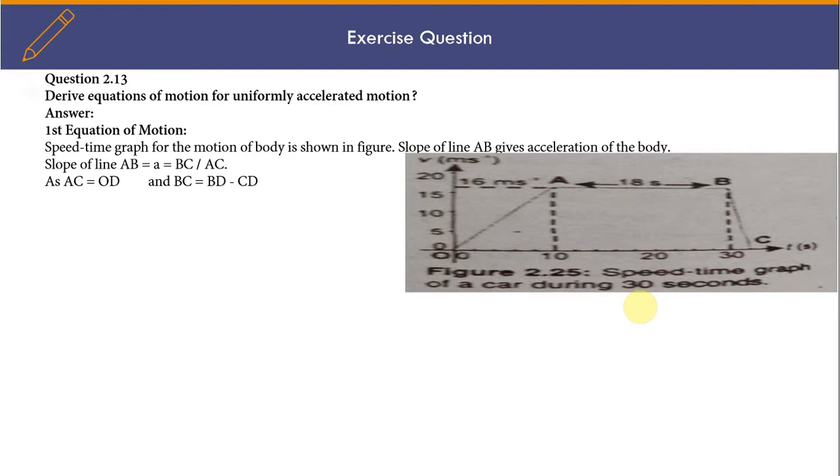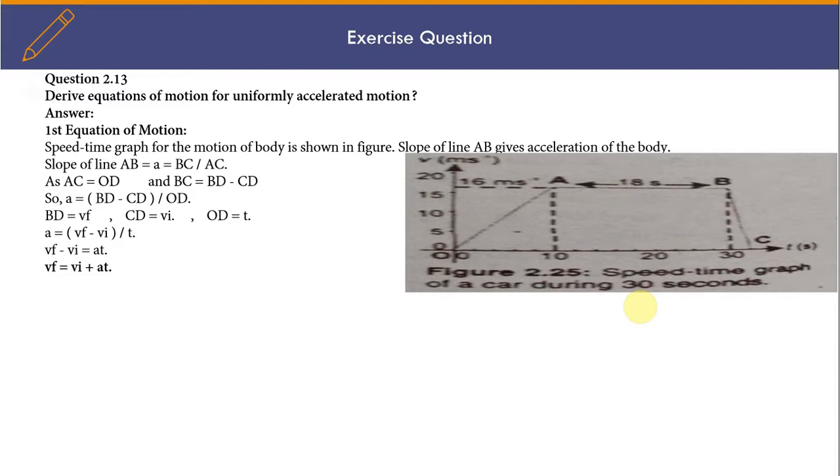As AC is equal to OD, which can be shown with the help of the graph, and BC is equal to BD minus CD. You can see on the graph. So a is equal to (BD minus CD) by OD, by placing the values of BC and OD. BD is equal to Vf, CD is equal to Vi, and OD is equal to t. So acceleration will become (Vf minus Vi) by t, and the first equation of motion is Vf minus Vi equal to